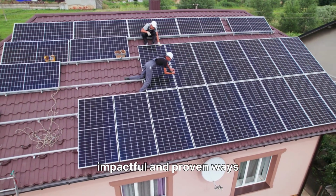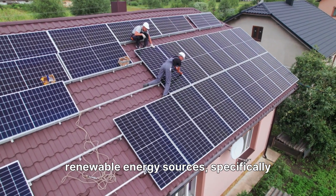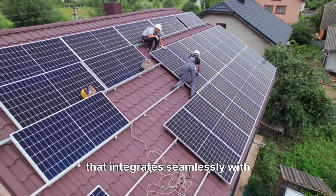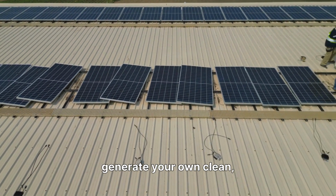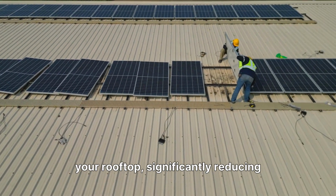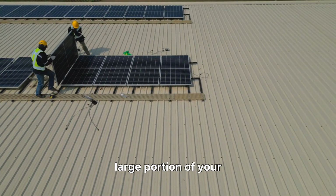One of the most impactful and proven ways to slash your electricity bills is by embracing renewable energy sources, specifically through the installation of a grid-tied solar system that integrates seamlessly with your home's power needs. These advanced grid-tied solar systems allow you to generate your own clean, renewable electricity right on your rooftop, significantly reducing your reliance on the traditional grid and directly lowering your monthly utility costs by offsetting a large portion of your